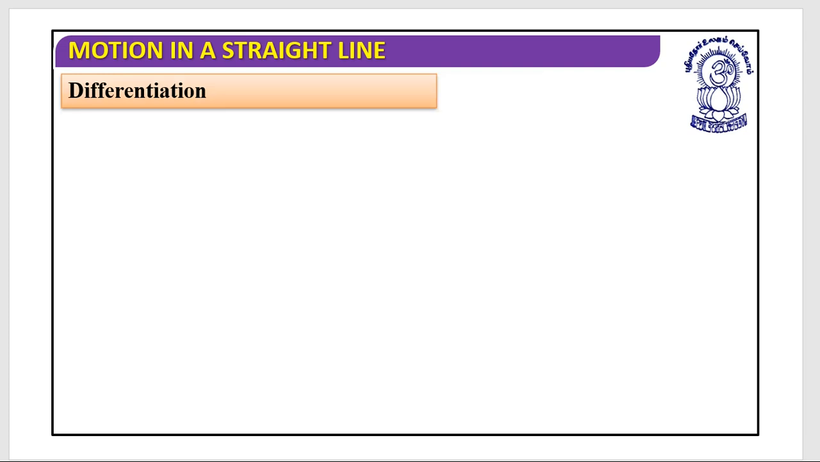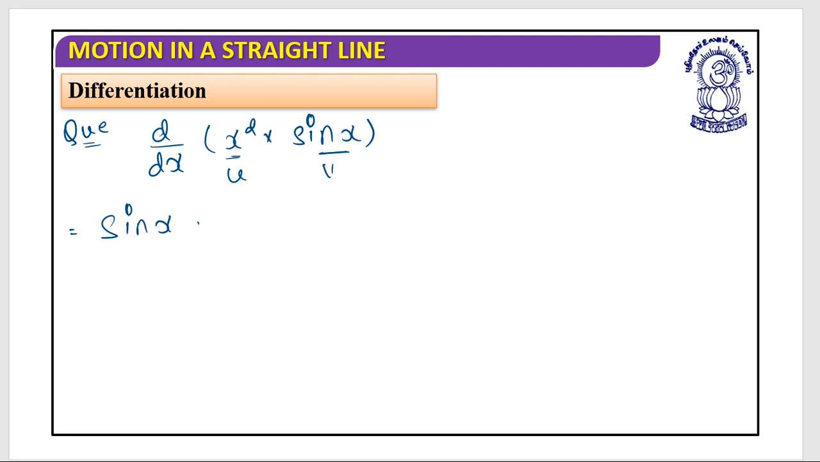Let's look. Suppose they have given d by dx of x square into sin x. What you need to do is, let's say this is your u, this is your v. So write sin x as it is, multiplied by d by dx of x square plus